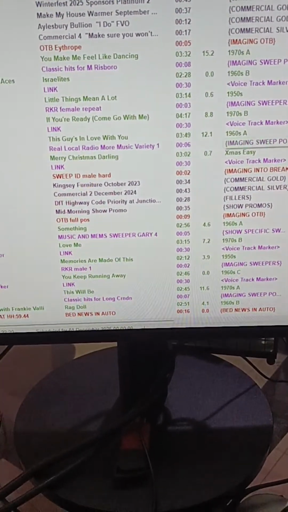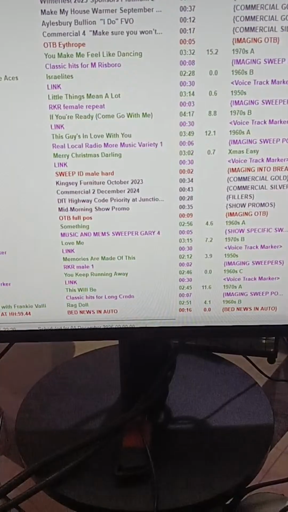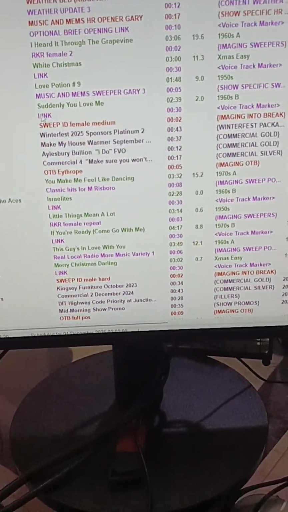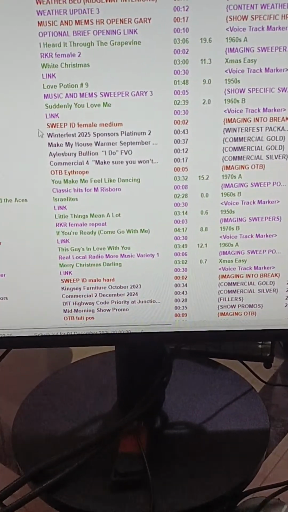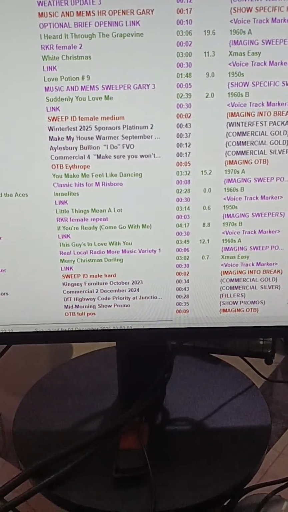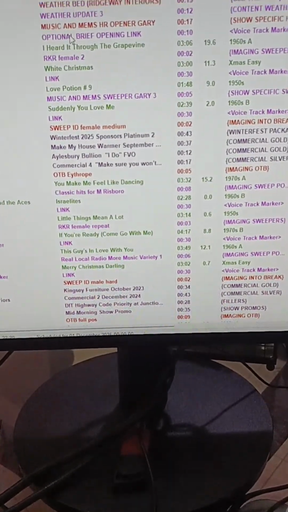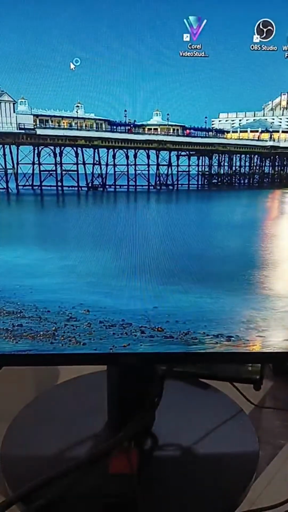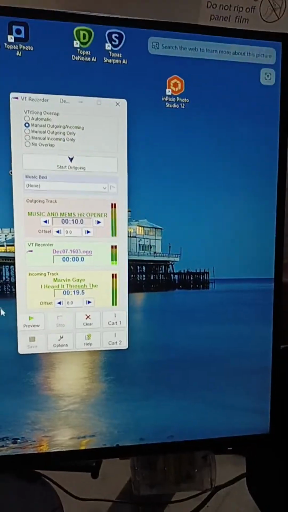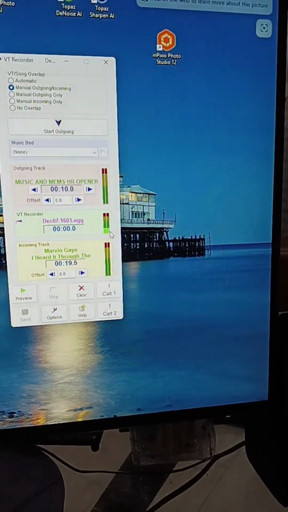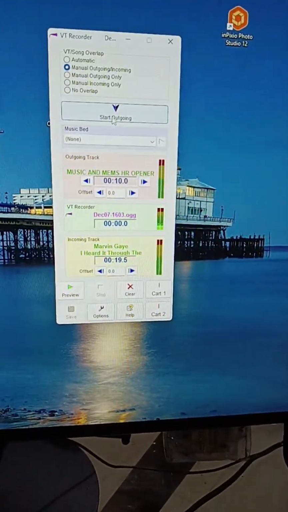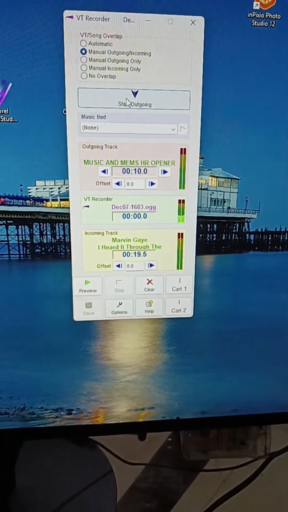This guy, Love You. And the idea is when you do a link, I'll show you how one actually works. So you've got this voice track marker here, optional opening brief. So what you do is you click on that. That brings up this. You can see there, audio going in and manual incoming and outgoing. So what you do is you say,